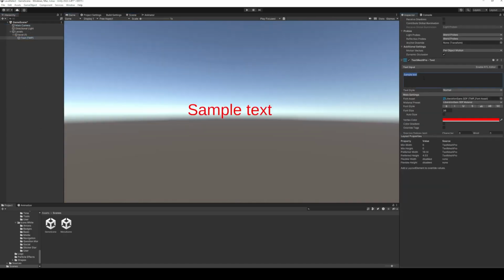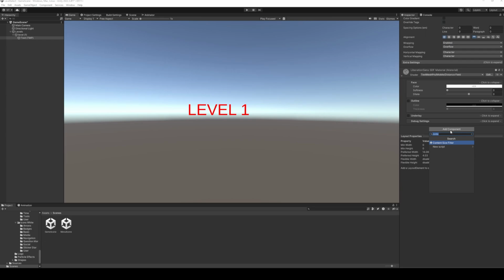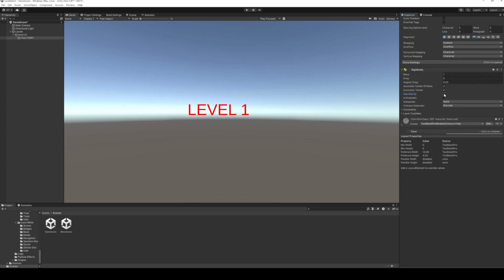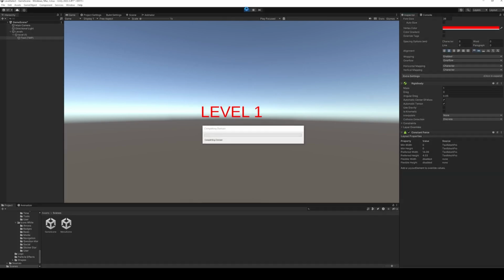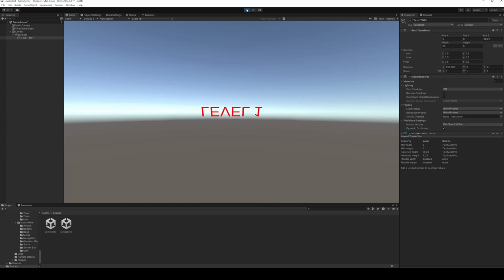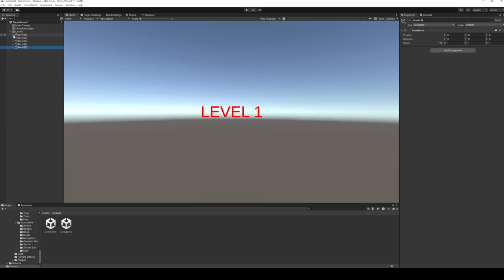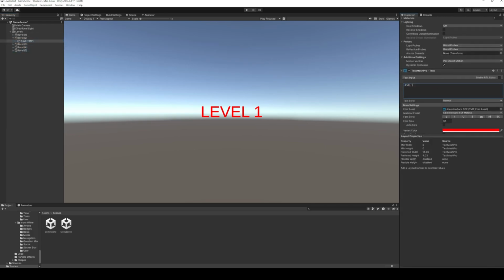But for this tutorial, I'm just going to add a text displaying the level number. I'm going to use TextMesh Pro to display this text. And let's also add some physics to make the text rotate. And this is how level 1 is going to look. Let's duplicate this and create a few more levels. Change the text for each level so that it displays the current level number. And there we go, we now have 5 levels in our game